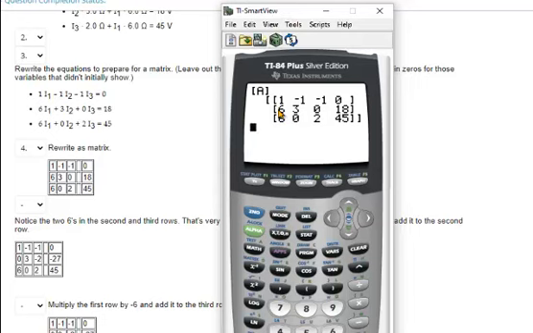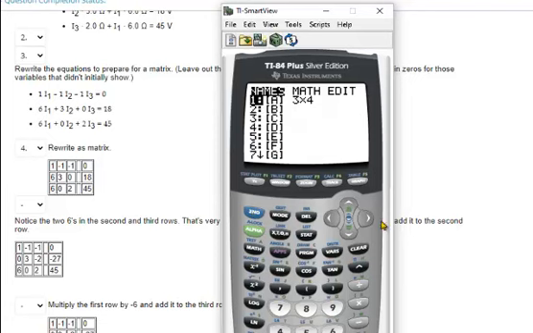That's very convenient. So if I multiply the third row with a -1 and add it to the second one, I get rid of that 6 there, so I get a nice 0 there. So that's what I'm going to do. I'm going to go over here for the matrix and math, and I need